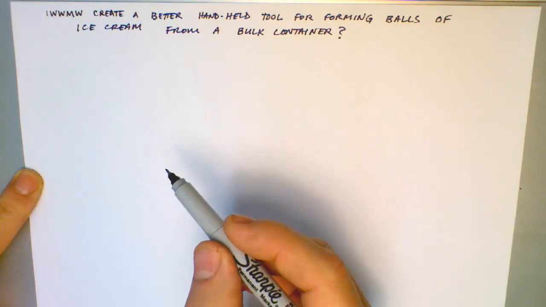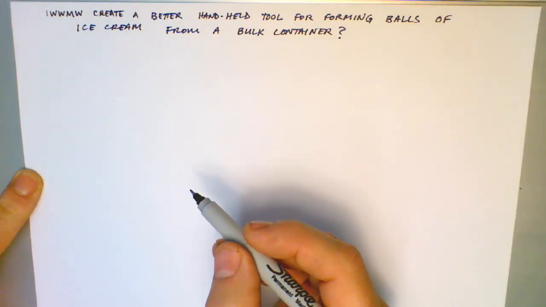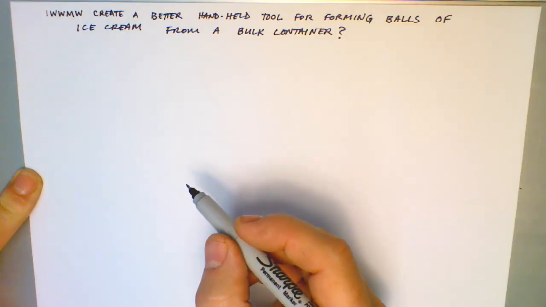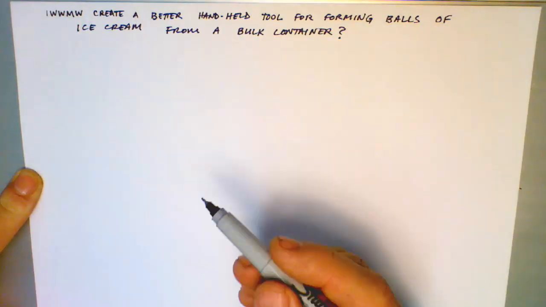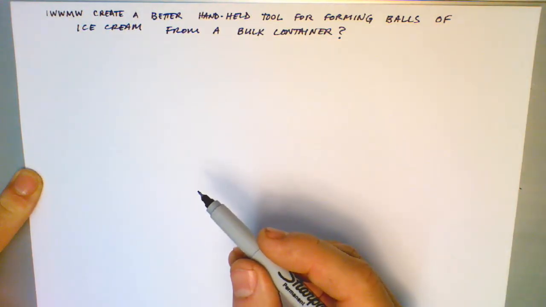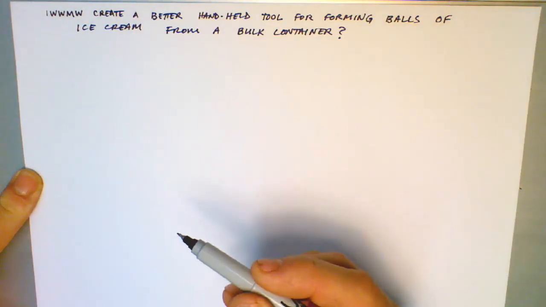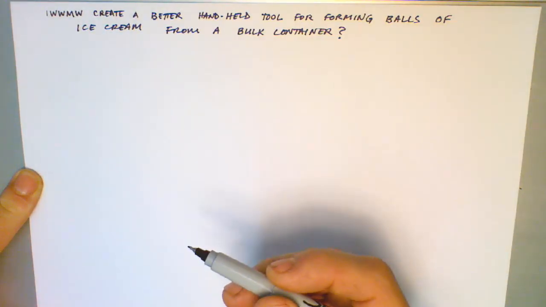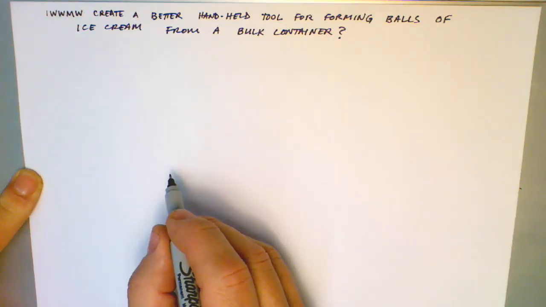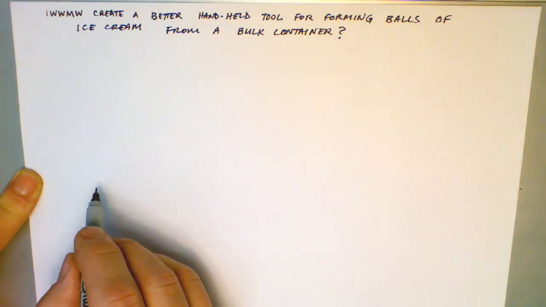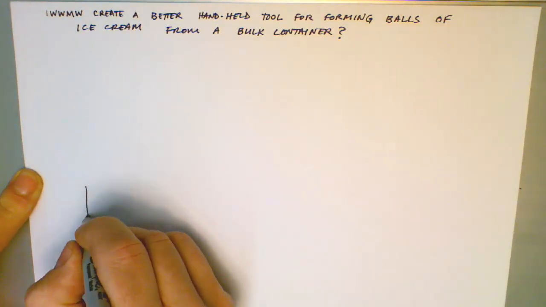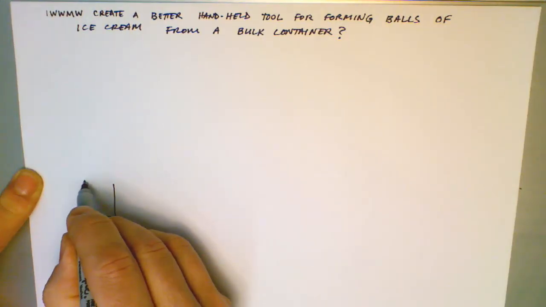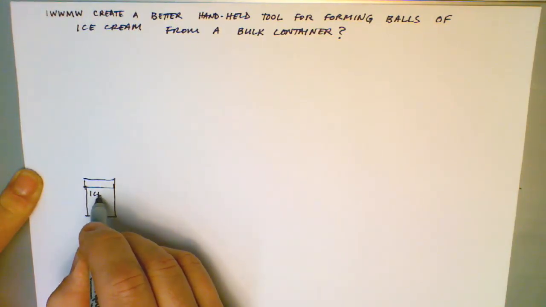is facilitated by the creation of what I call a function diagram. And a function diagram is basically a flow chart that describes what it is that the artifact has to do and can be thought of as functions involving the flow of materials, energy, and signal. And so let me just illustrate with the ice cream scoop. I think the flow of material is the most straightforward. So let's imagine we have the bulk container, which has the ice cream,